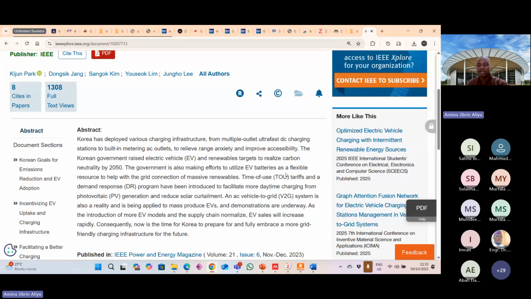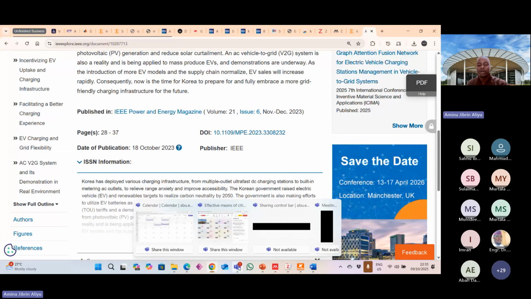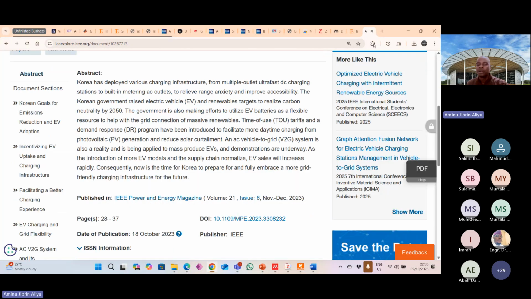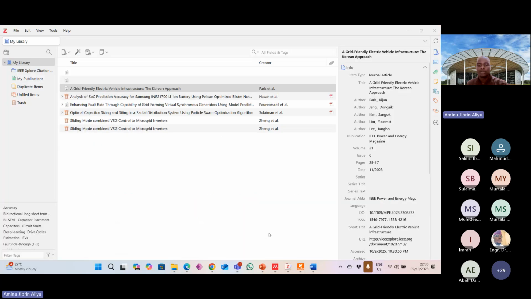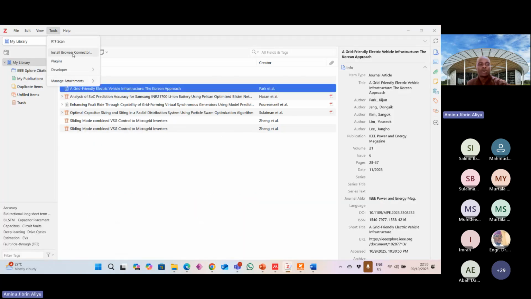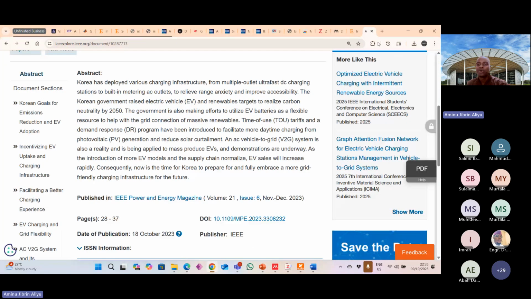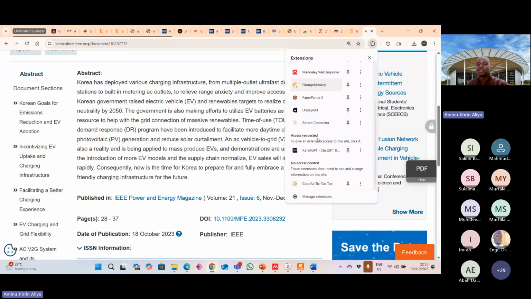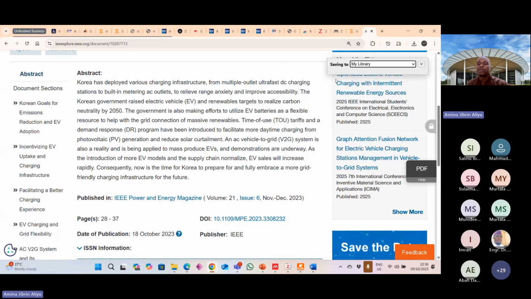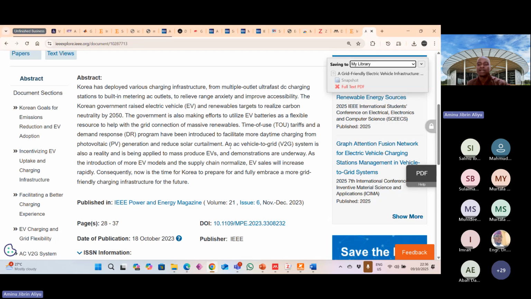And Zotero also has the web integrator, just like I have shown here, under tools, you can install the browser connector. After installing the browser connector, you can also do the same thing. They all come to the extensions. When you come to extensions, you can see this is the Zotero connector. When I click on the Zotero connector, immediately you can see it's saving to my library. You can see it has detected that